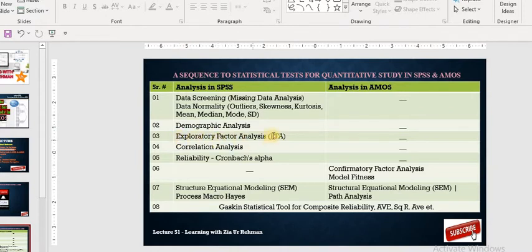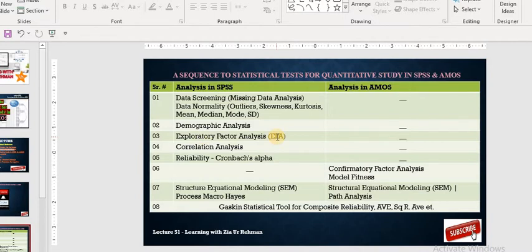developed a new instrument in your study, you need to apply the exploratory factor analysis. If you have adapted the earlier scale by modifying the instrument, then you again need to apply the EFA test. But if you have used the instrument developed by past scholars without any change or modification, then you do not need to run the exploratory factor analysis test.